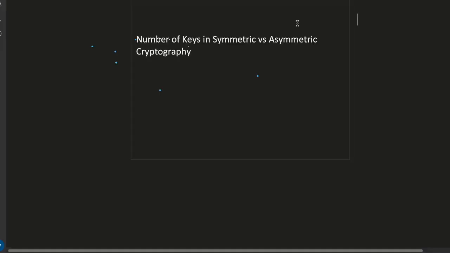So let's have a look at how many keys would be required to securely communicate in a group of n people. Let's simplify this to n is equal to 4. Let's say we had A, B, C, D. If we use symmetric cryptography, we basically would need one key for every pair that's possible in this group, because let's say we assign the same key for AB as well as AD. That means D can actually snoop in AB's conversation. So that is something we do not want.